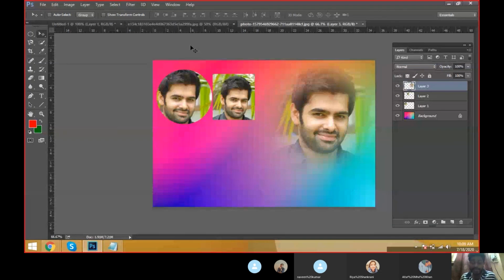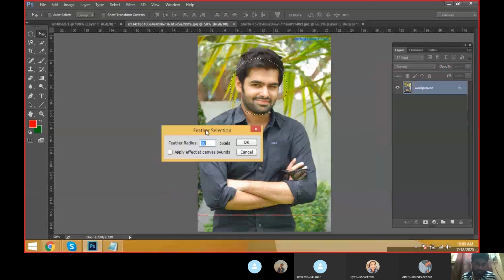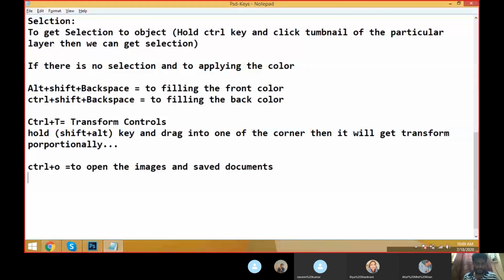We are getting some smoothness of the image using the feather option. That is called feather. Feather is Shift F6, the feather option, giving the edges smoothness.